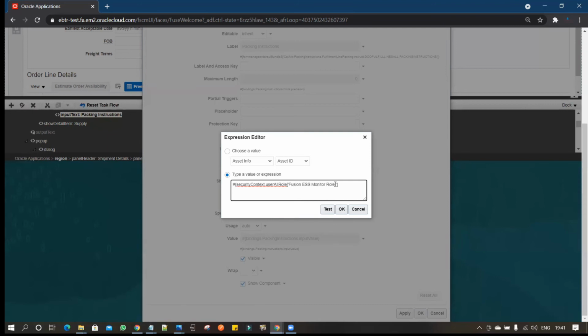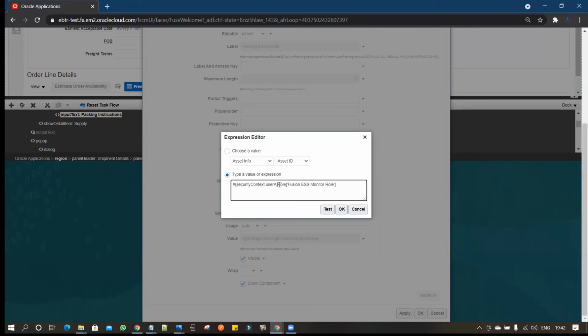You have to add a comma, then add your XYZ role. I'm just giving you the understanding. You can use this functionality henceforth. Then you can add a comma, add another role, and close the bracket. So this is how you can add it if there is a need to have this customization for all roles.